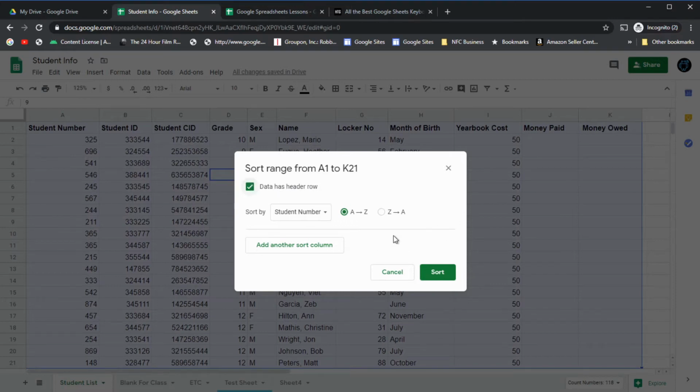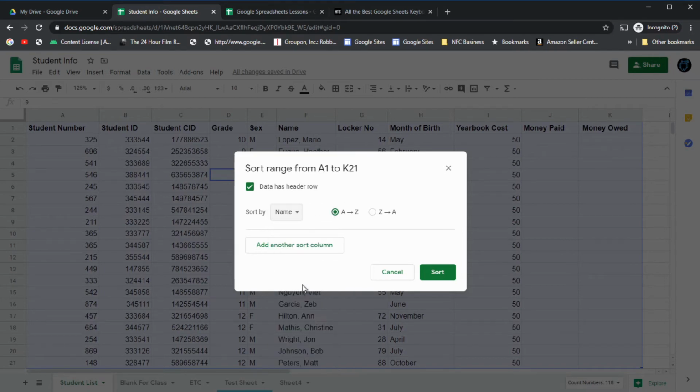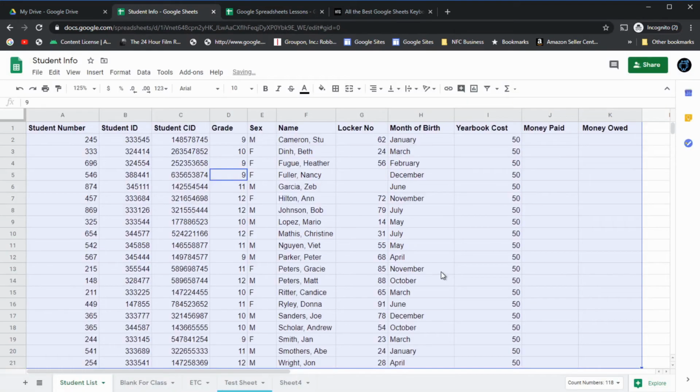Now it knows that I have headers, and so I can select what I want to sort it by. These are all my headers at the top of my columns. So if I say I want to sort this by name, then it will not only sort it by name, it also knows that it's a header, so the header won't be included in the sort. Now I click the sort button, and you can see this whole table, my range, what has been selected, is now sorted alphabetically by what's in the name column. But the header itself wasn't considered part of that sort, which makes perfect sense, that is the way you'd want